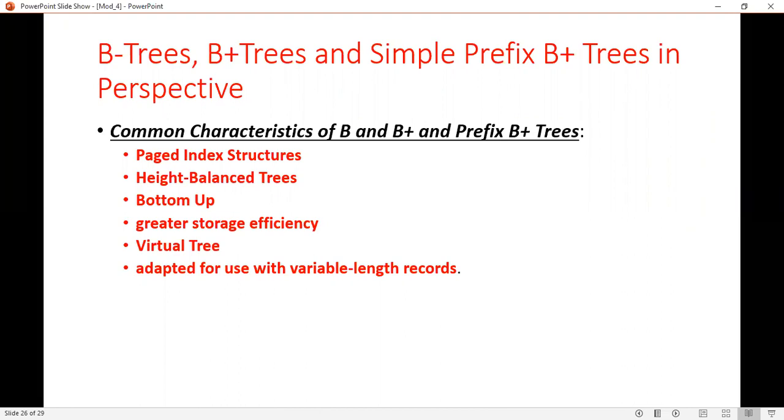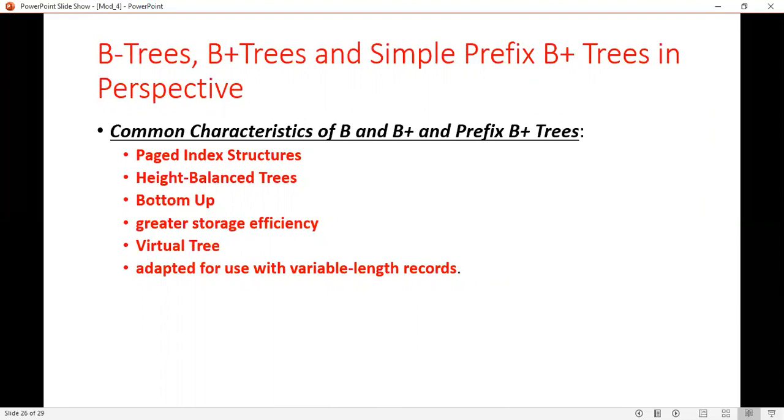Some common characteristics of B tree, B plus tree and prefix B plus trees: first is that it is a paged index structure which provides broad and shallow tree structure, so that you need only few seeks to the disc.